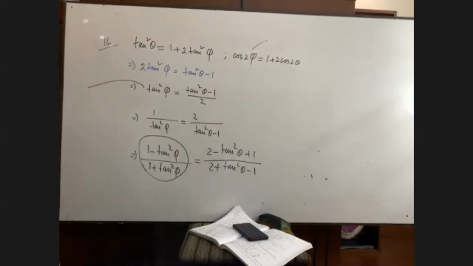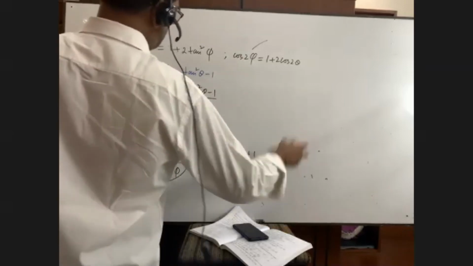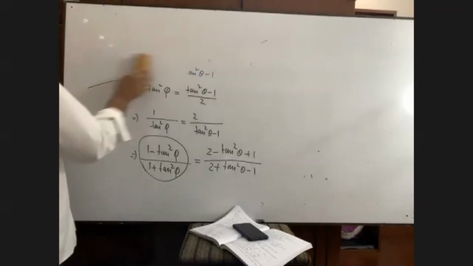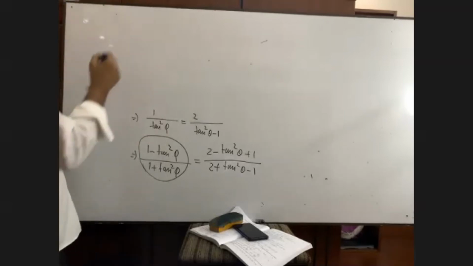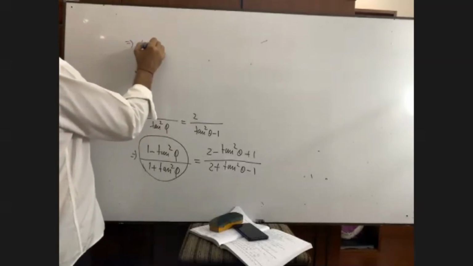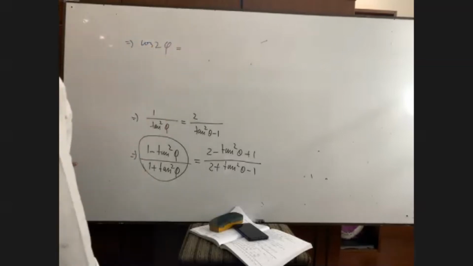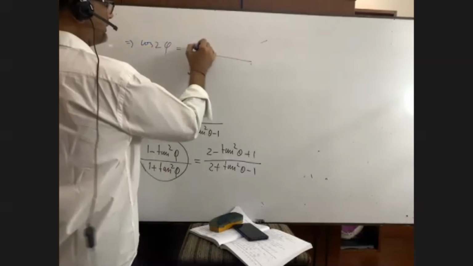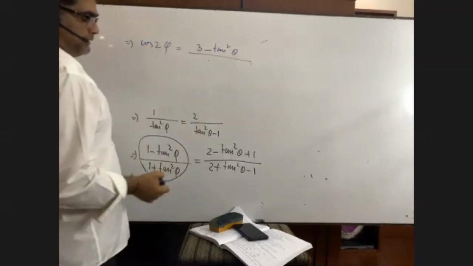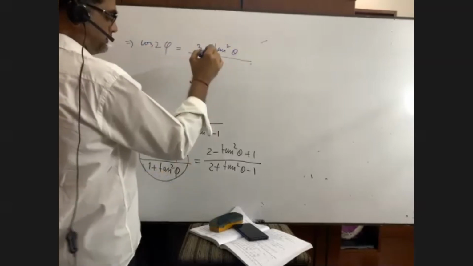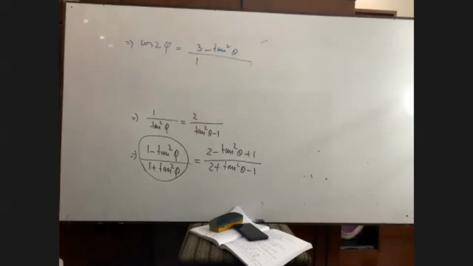You see what I have done. Or it can be written, cos 2 phi is equal to, calculation, 3 minus tan square theta by 1 plus, is it 1 plus